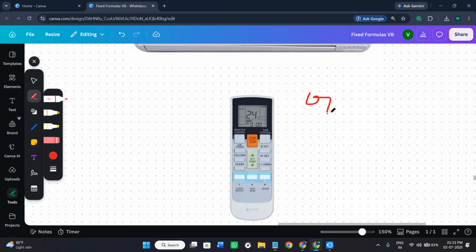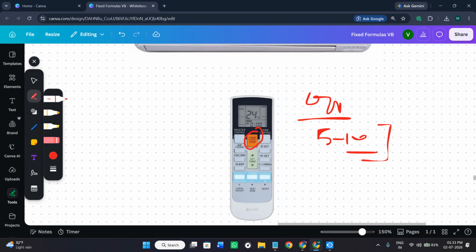So you just have to first of all use the remote and press the start and the stop button, and you need to turn off your AC. After doing so, you need to also switch off the power at the circuit breaker and wait for about 5 to 10 minutes. Then after this time duration, restore the power and restart the unit. The temporary communication faults often clear with the help of this particular method alone, and you don't need to do